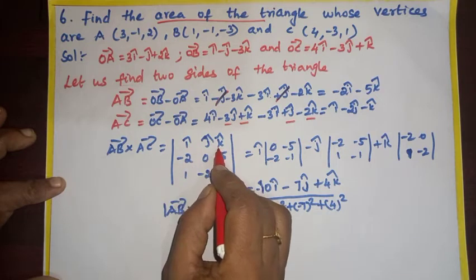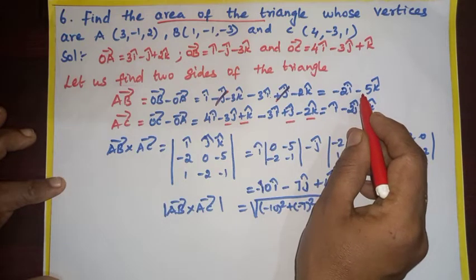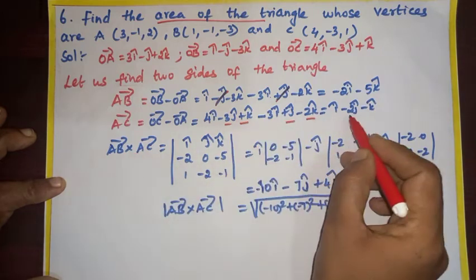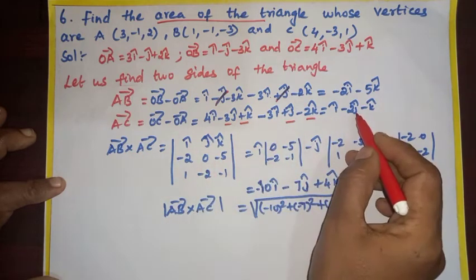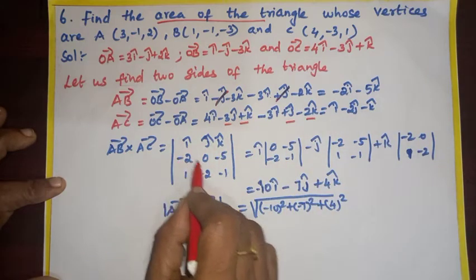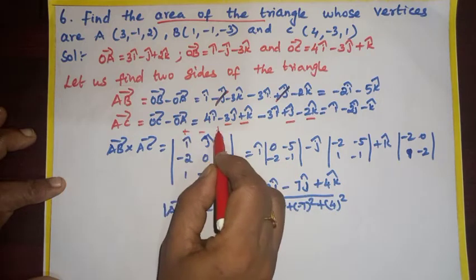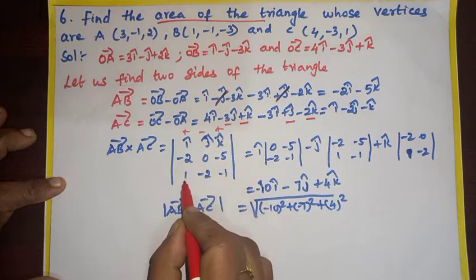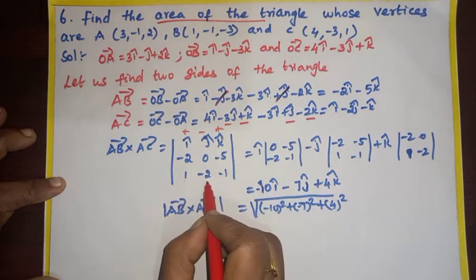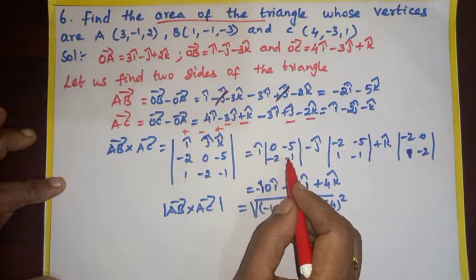i, j, k as first row. Vector AB, that is coefficient of i is minus 2, coefficient of j is 0, coefficient of k is minus 5. AC vector, coefficient of i is 1, coefficient of j is minus 2, coefficient of k is minus 1. Expanding along R1: i times (0, -5; -2, -1), minus j times (-2, -5; 1, -1), plus k times (-2, 0; 1, -2), which is equal to i, 0 into minus 1 is minus 1,